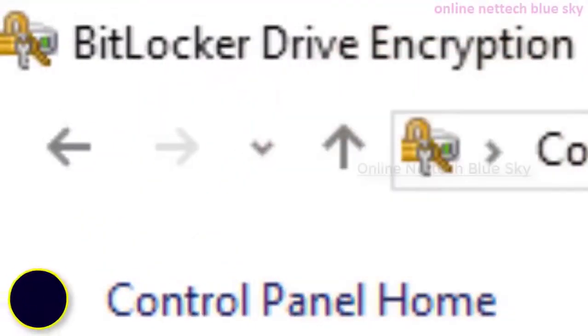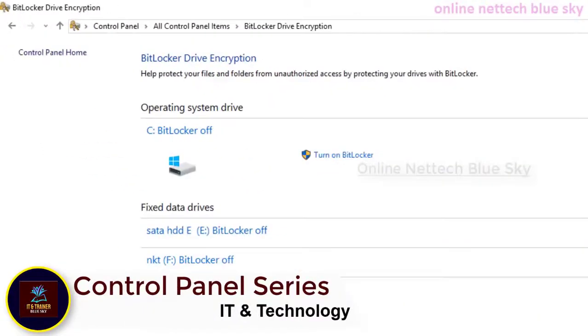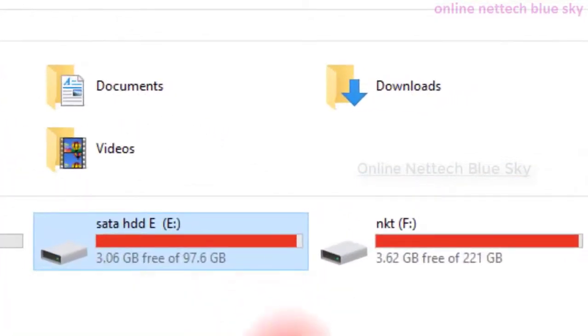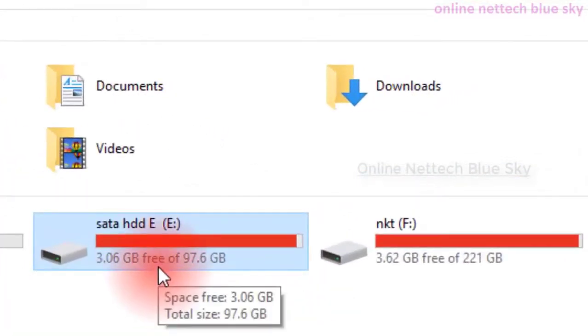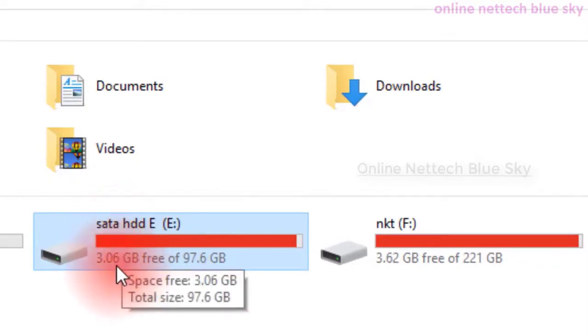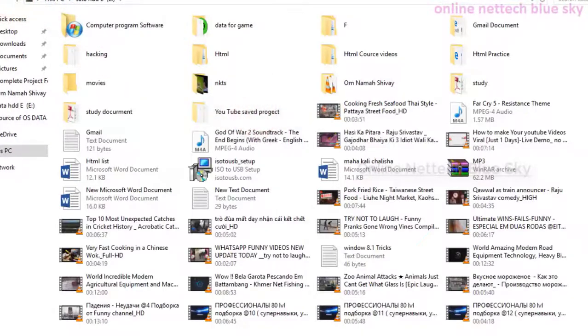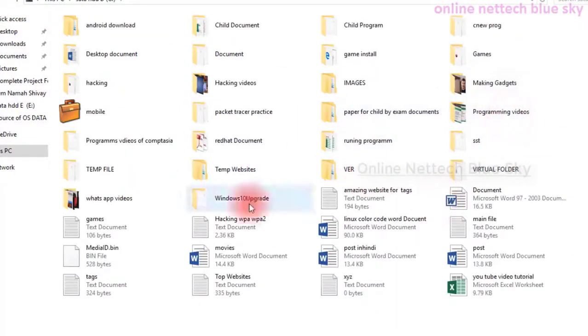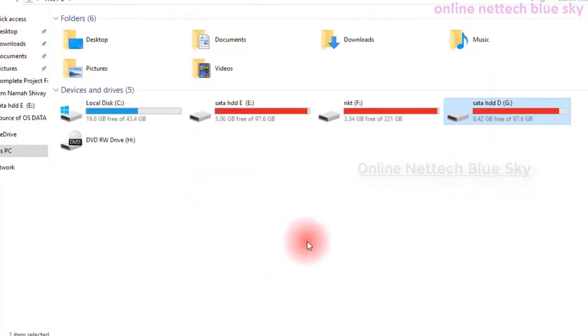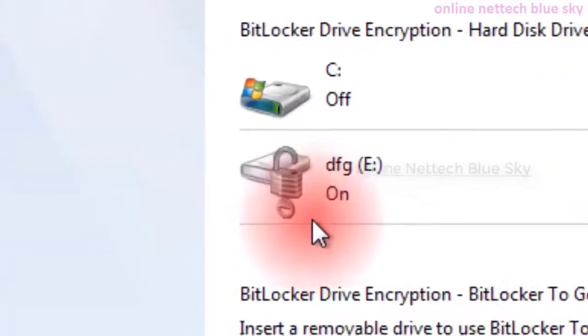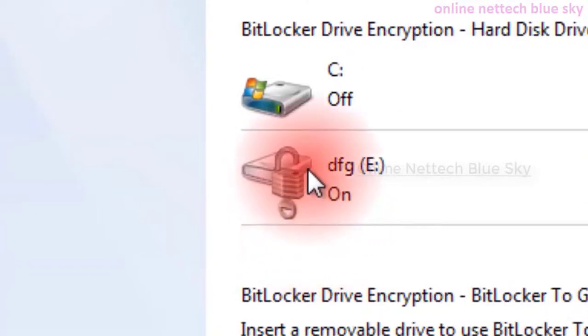You can see a logo here, this type of logo, so the BitLocker drive encryption completes successfully. With this lock logo showing, the partition does not open directly and does not show its information. It first asks for a password. This partition is already unlocked, and you can see the tab showing unlock here, and my partition has BitLocker turned on.